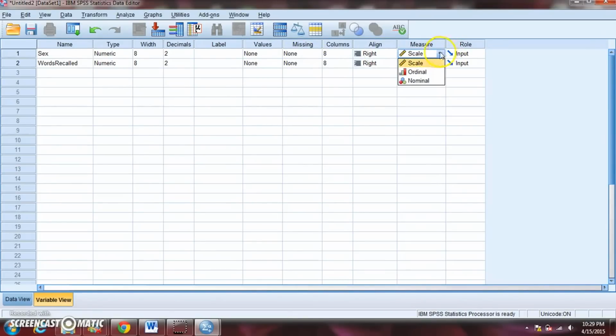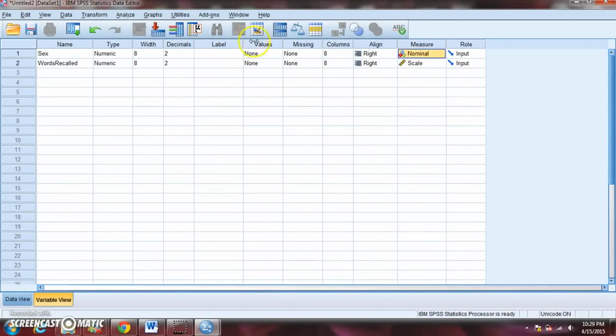When that's the case, we have what's known as a nominal variable. Later in the semester, we're going to call this a categorical variable because the numbers used stand for categories. So I have filled that in here, so SPSS kind of knows what type of variable we have.